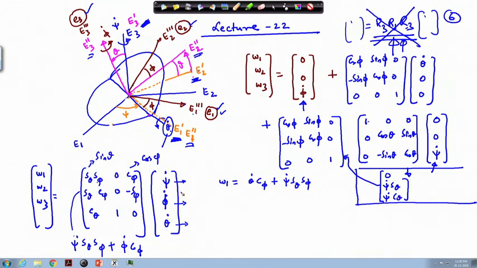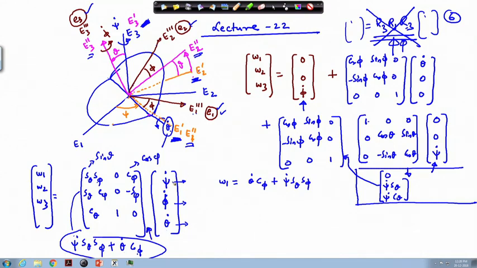So, going into this S theta S phi psi dot, this part is 0, and this is C phi theta dot, phi dot times C phi. So, here we need to correct this also, this becomes theta dot times C phi, theta dot times C phi. So, same way you can expand it and write this kind of terms, and once you put this kind of terms in this matrix notation, it will get converted into this.